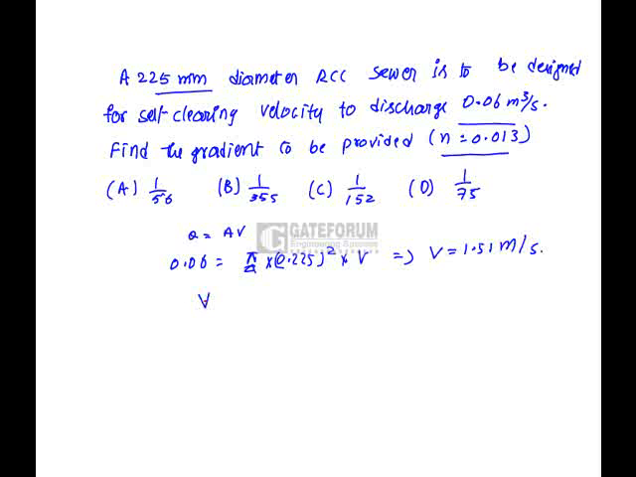So we know the relationship between the velocity and the Manning's coefficient and the gradient. V is equal to 1 by n, r to the power of 2/3, s to the power of half, where s is the gradient. So we have to provide the gradient. From this, s to the power of half is equal to 1.51 into n, 0.013, divided by